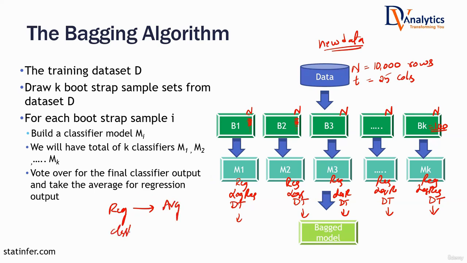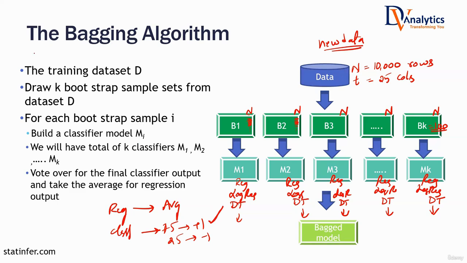If it is a classification problem, how do you collate all these 100 predictions? We will go by the frequency of the class. The predicted class that has been predicted by the maximum number of models. Let us suppose 100 models are there, 75 of them are predicting +1, 25 of them are predicting -1. I would rather say the predicted class is +1. That is known as the bagging algorithm.